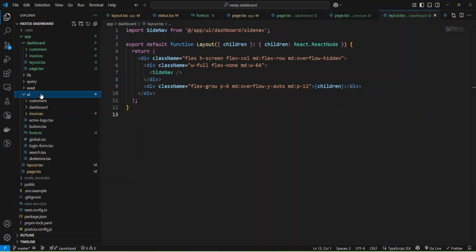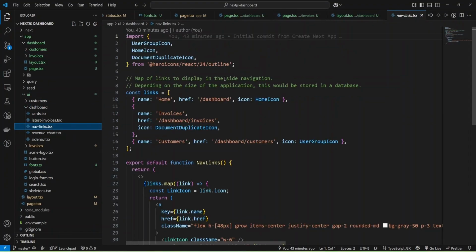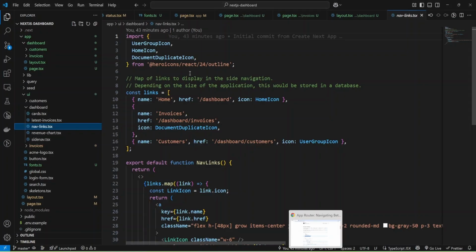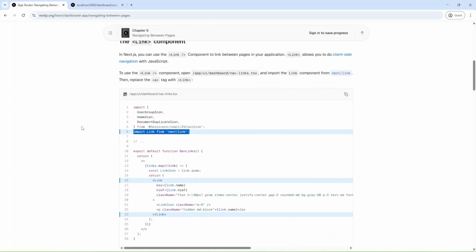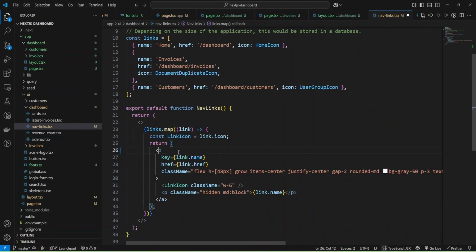Okay, and let me check the UI dashboard, and we have this component, and we'll add links here, and I'll just copy this and provide this import here, and let's replace the a tag with Link. Okay, and we'll provide a Link instead of the a tag and save.